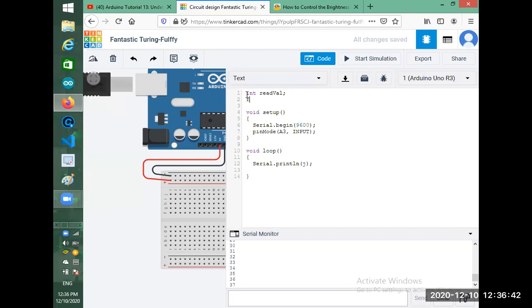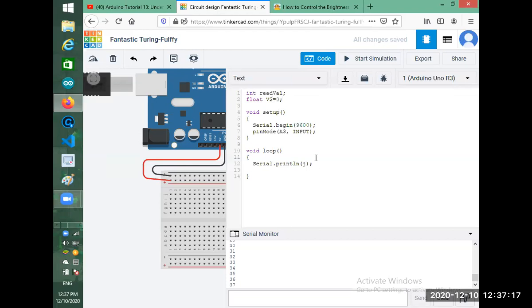The second thing, we need a float variable. This is the first time we are using a float variable. We use a float variable when there are decimals in our system, and while doing calculations in an analog system, everything is a decimal. So for calculation purposes we use it. What are we reading now? We are reading the voltage, so we name it V2, the voltage, and we start it at 0 so it doesn't have any garbage value. Now we have set that.